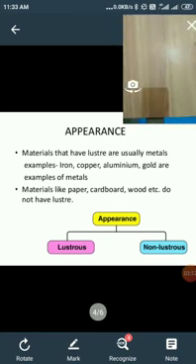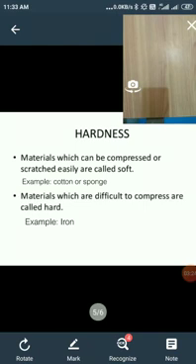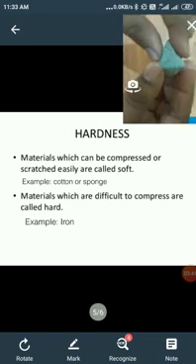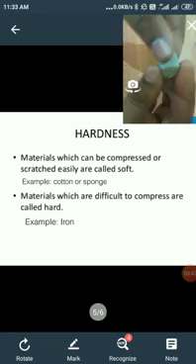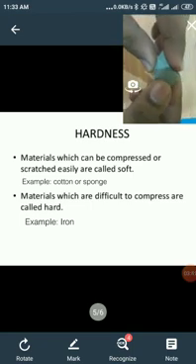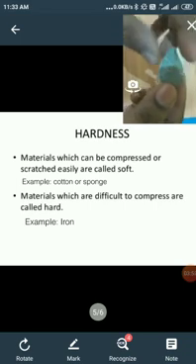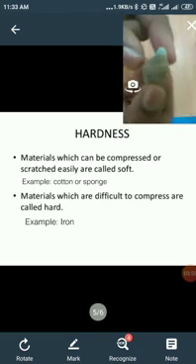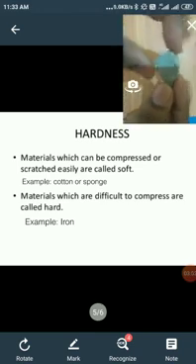Thank you. We'll learn about the next property of material, that is hardness. How are we going to judge whether an object is hard or soft? Whenever we touch or feel any object, like, I'm having a stone piece in my hand. If I try to compress or press it, I am unable to compress it, which means it has the hard property. It has hardness, or it is a hard object.